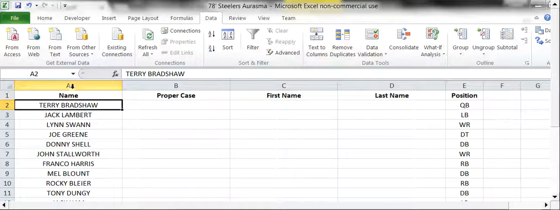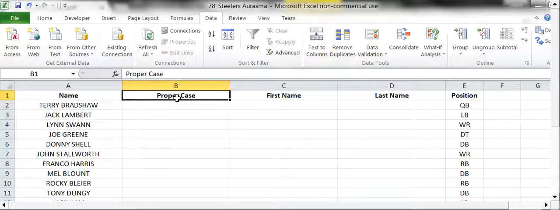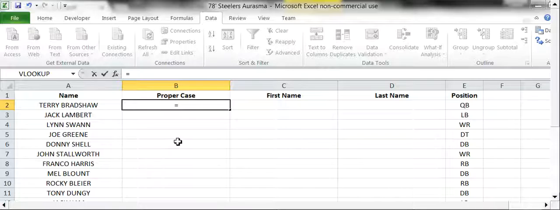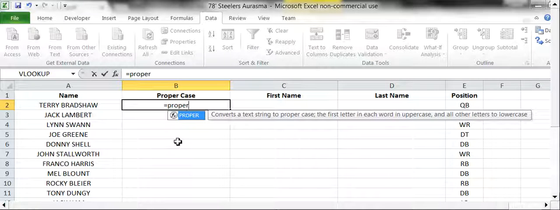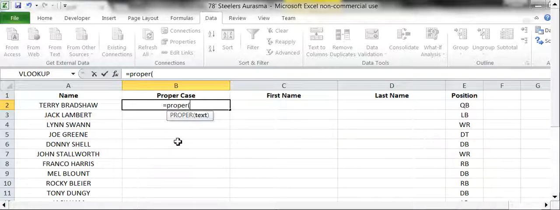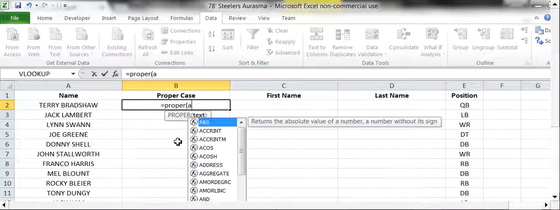As you can see, this is in column A in row 2, so my target is A2. What I want to do, and you can see I've created my own little field here, proper case. In B2, I'm going to simply type equals PROPER. So what I'm telling it is I want you to make whatever I'm about to tell you into its proper case. I'm going to put one of my parentheses there, and then I'm going to type A2